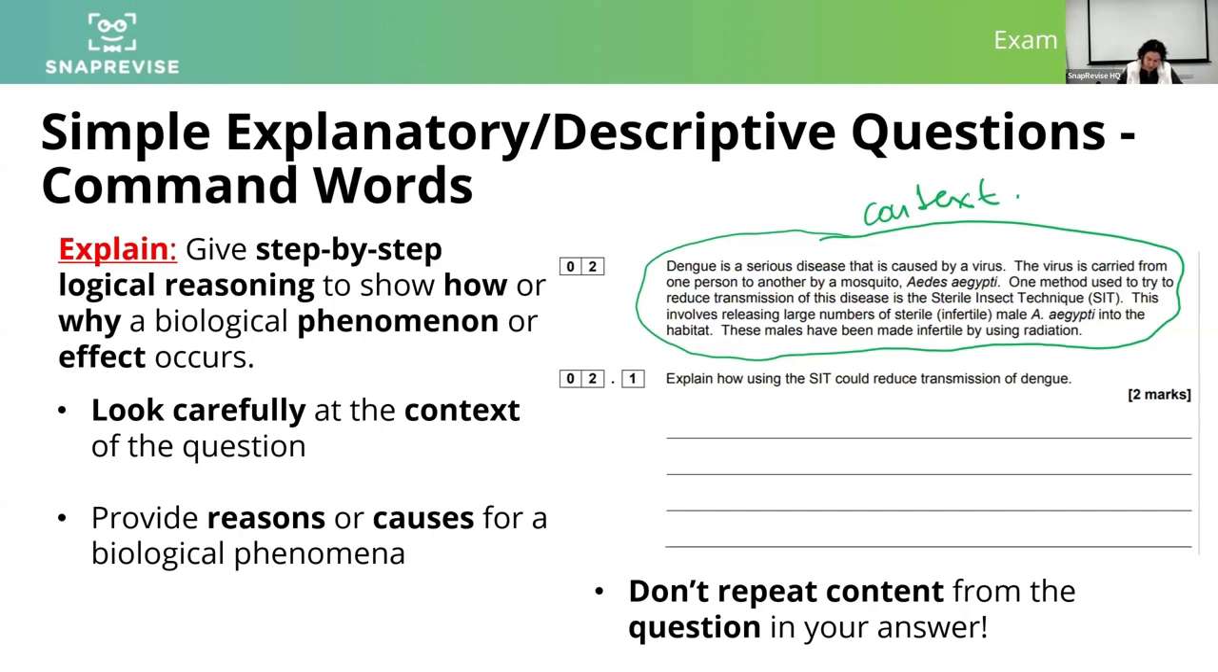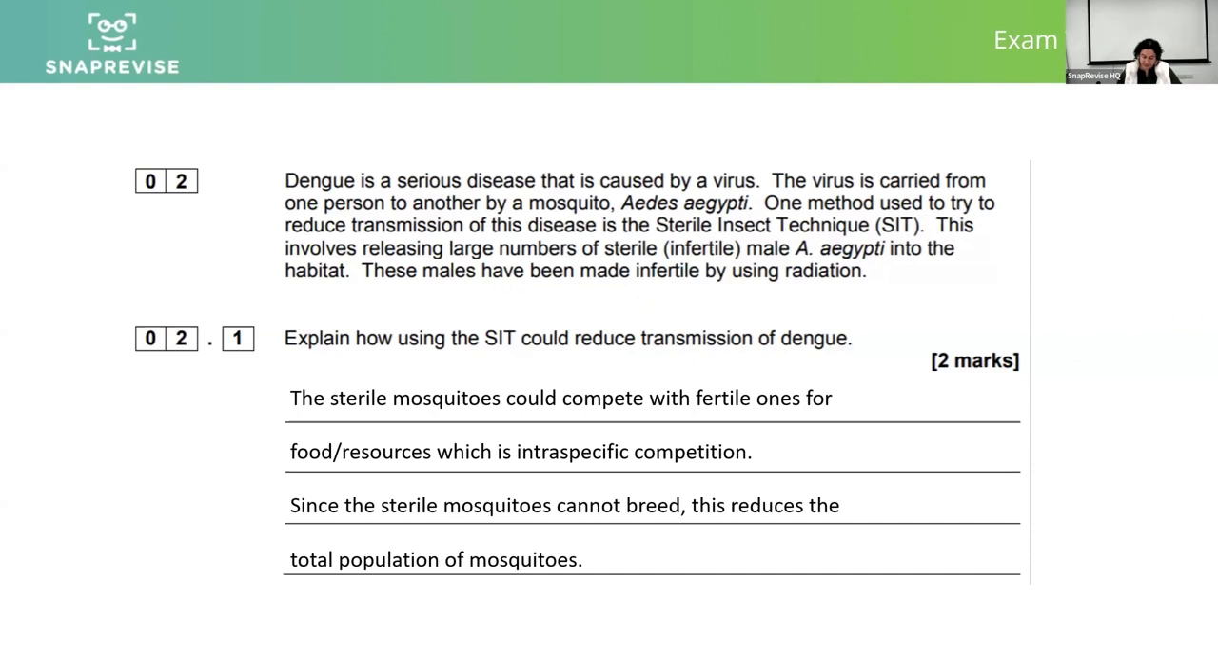My, of course, command word here is explain. And my direction is going to be how the use of this technique, SIT, is going to reduce the transmission. So if we look at the answer, sterile mosquitoes could compete with fertile ones for food and resources, which is intraspecific